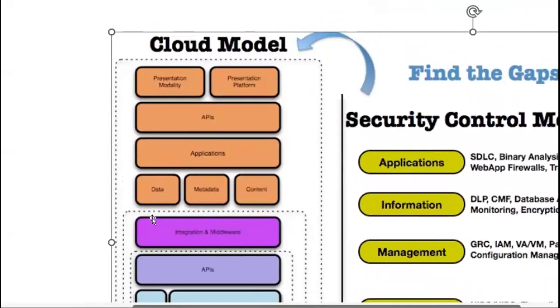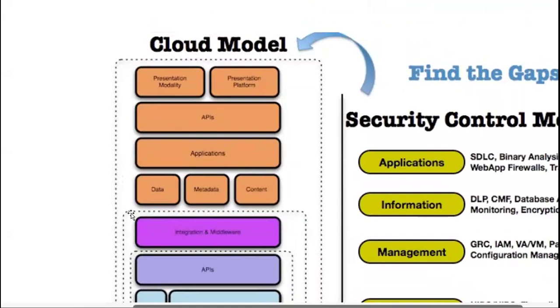Then there is this integration and middleware, that purple thing. That takes the platform as a service. In that cloud model again, all the security control measures should be present. So that is integration and middleware. Again in the purple part of cloud computing, there is virtualization again, at the operating system level. It is called OS level virtualization.